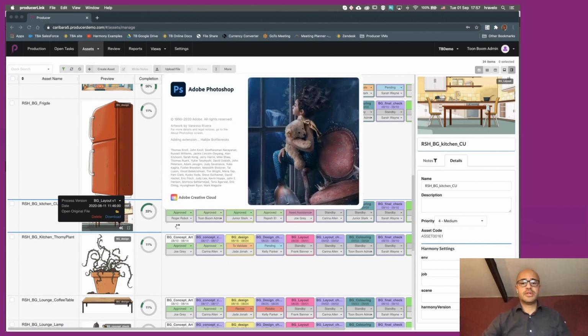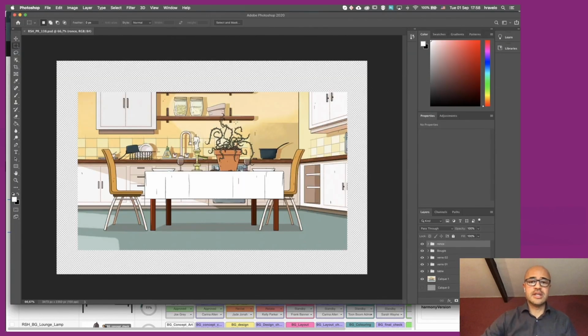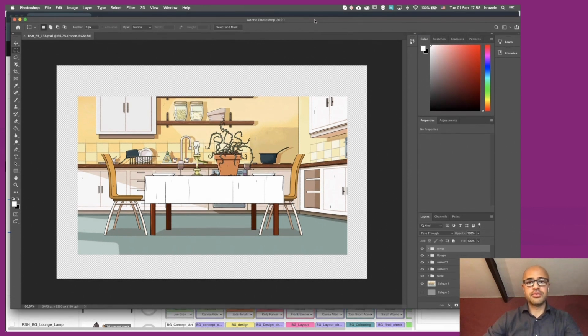This now will prompt to open the file in its native software. In this instance, it's Adobe Photoshop because it was a PSD file. If it was any other type of file, it will also open the native software in which you've created this file directly from Producer.